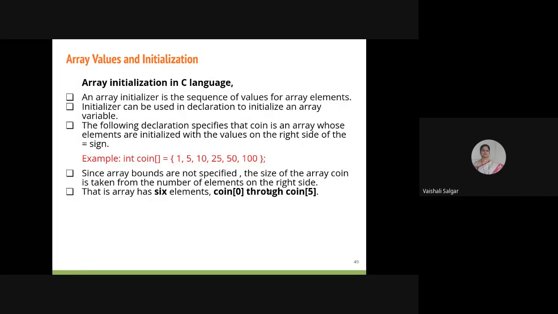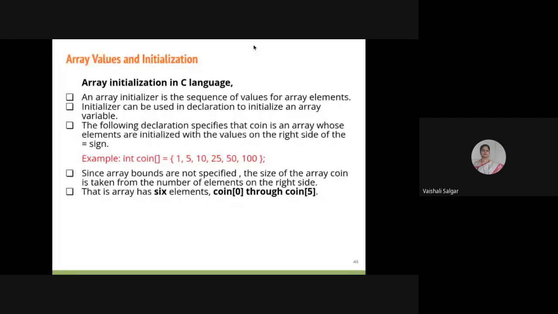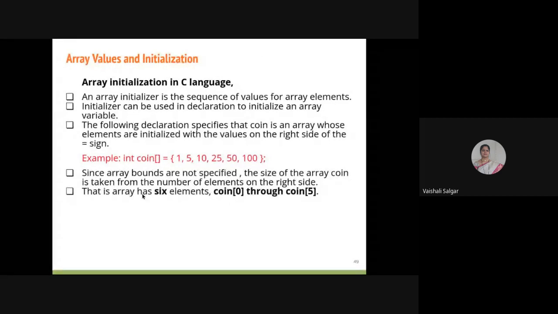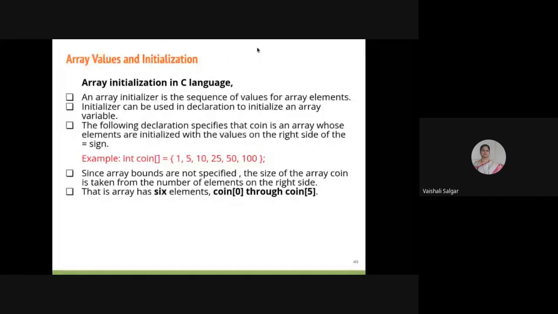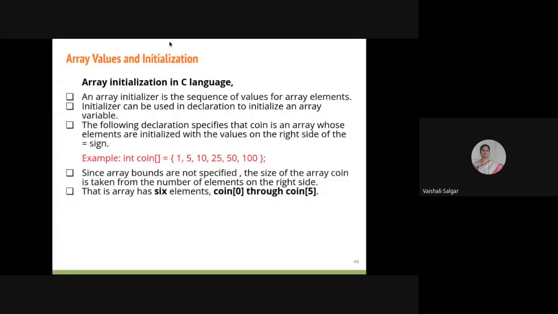I have already shown you this while showing the example with code: int coin and so on. Over here, the size is not given. So in this case, what will be the size of the array? Quickly.